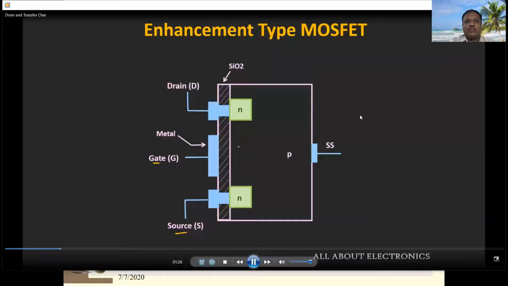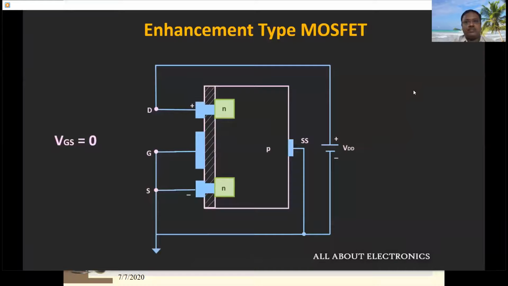Alright, so now let's see the working of this N-channel enhancement type of MOSFET, and let us understand how the channel is formed whenever we apply the control voltage. So initially here if VGS is kept 0 and if the voltage is applied between this drain and the source terminal, then due to the absence of the channel there will not be any flow of current through this MOSFET. So whenever VGS is 0, then this MOSFET will remain in the off condition.